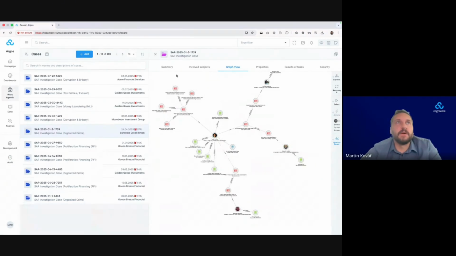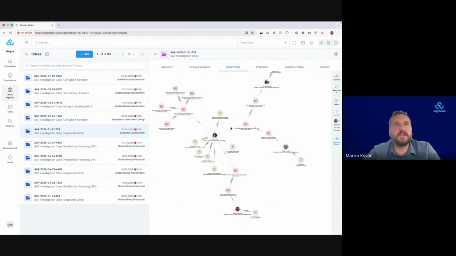But to conclude the demonstration, I think the key takeaway is that our motivation is to automate as many steps as possible. That means that we are automating the incoming data. So everything is running in the background. We are taking the XML files, we are parsing them, we are creating entities and links between them. We are correlating the same entities based on various rules and IDs to the same person, to the same organization, to the same bank account. And this allows us to create these network charts that connect the dots.